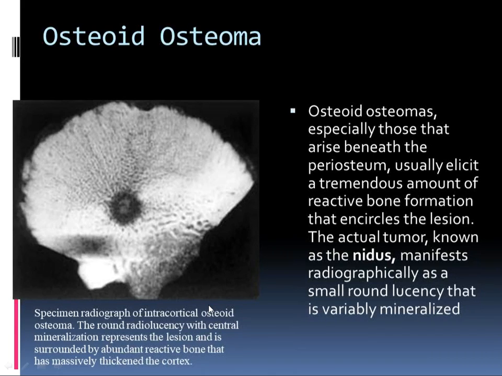So osteoblastoma, especially those that arise beneath the periosteum, usually elicit a tremendous amount of reactive bone formation that encircles the lesion. This is very rare. This type of osteoblastoma, which arises from beneath the periosteum, shows a tremendous amount of reactive new bone formation, and the actual tumor known as the nidus, which manifests radiographically as a small round lucency